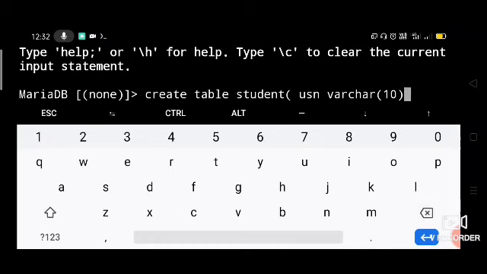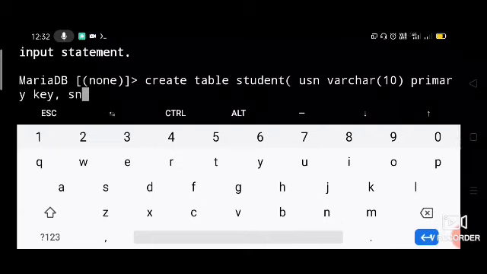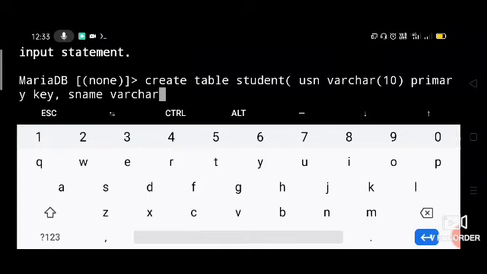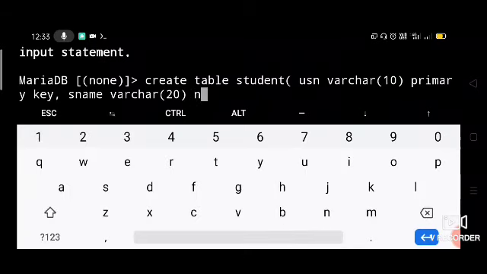Then close the brace, comma. Then next attribute you give. And you can also say it as a primary key. Okay, you can tell this USN as a primary key because it needs to be unique for each student. So primary key becomes a constraint for the USN. Okay, so comma, then say student name, space the data type of the student name. So it should also be varchar, right? So let us say varchar, and the number of characters, let us say 20 characters in a name we have provided, comma, and you can say that it shouldn't be null,